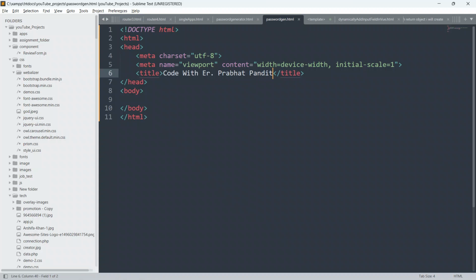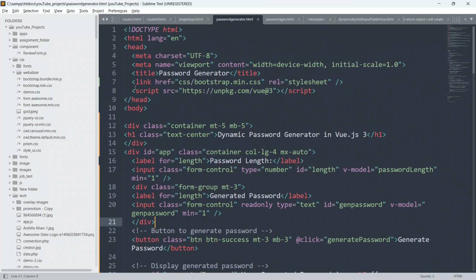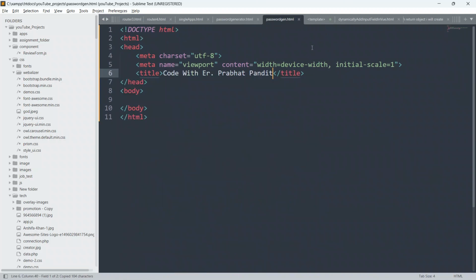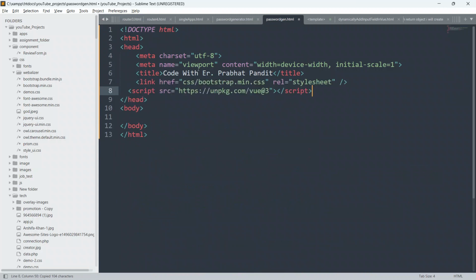Okay, so guys, first of all I would like to paste some of the CDN links from the previous example only. So let me go to the previous example, and let me copy the links from there only. Okay, so this is the example. So I will copy these links from here, and I will paste it in our code, here below the title tag. Okay, so let me just explain you also.